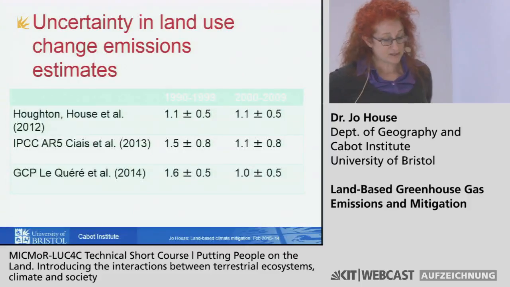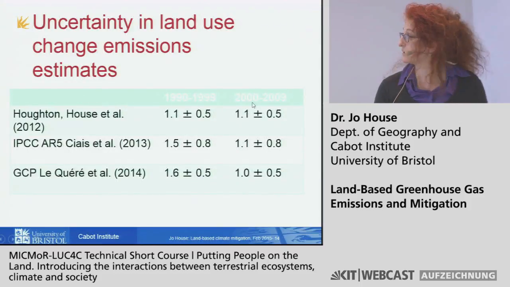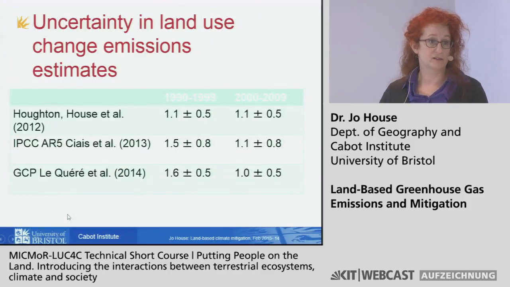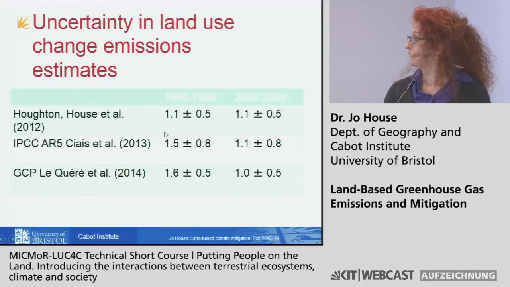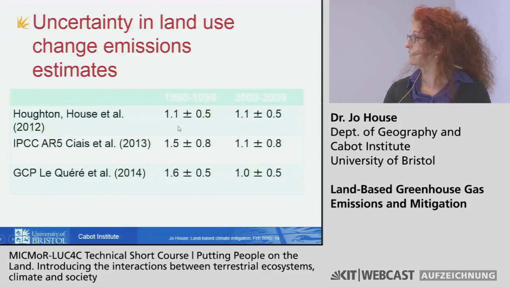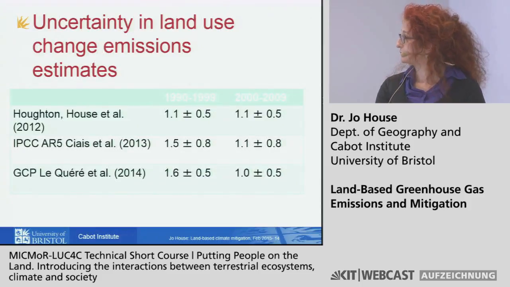These are some different estimates of the land use change emissions for the 1990s and for the 2000s. This was from a paper we put together, bringing together lots of different estimates. We found the mean across the estimates at the time, so that was the Houghton model, but also lots of DGVMs and satellite. We found a mean of about 1.1 gigatons of CO2 in the 90s and 1.1 in the 2000s. And then the error we estimated, we just made an expert guess. There's no systematic assessment of error. We just really kind of went, well, we think it's probably about that.